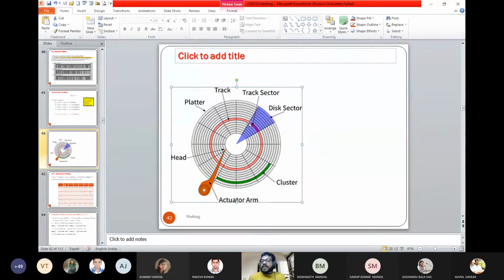Then only you can read, because that information has to move. Now imagine, and again I say there is a violet area which is a sector, and within that a particular pink area, which is deep pink, you can say, a mixing of your pink and violet, that is the single addressable unit. Let us assume that capacity is 64K.